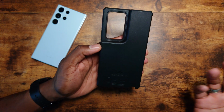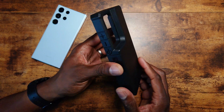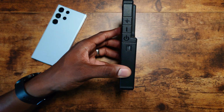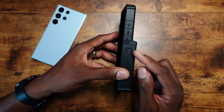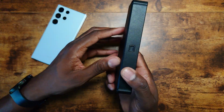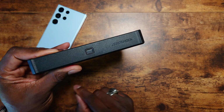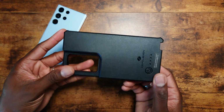I very seldom do follow-up videos on things like this, but I had to for this because it's actually really good. And I like how the buttons are right here as well. Jumbo-sized buttons now for your power, volume up and down. It works. It works. And you got the ZeroShock branding right there